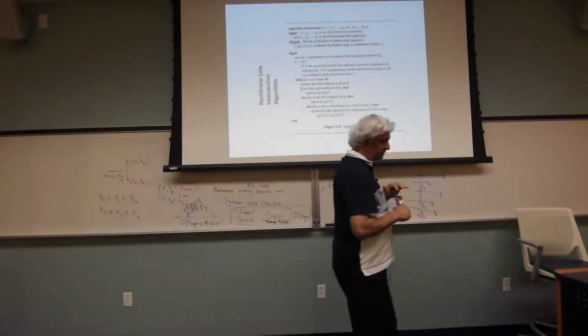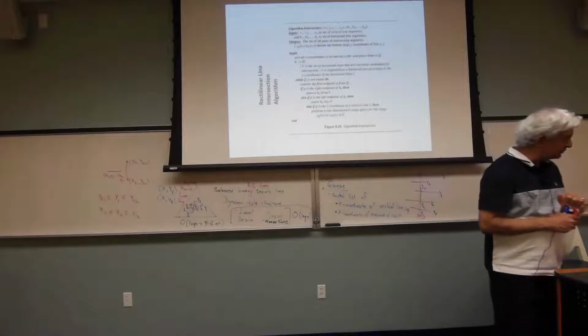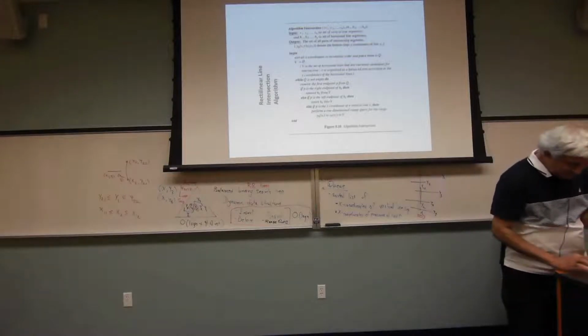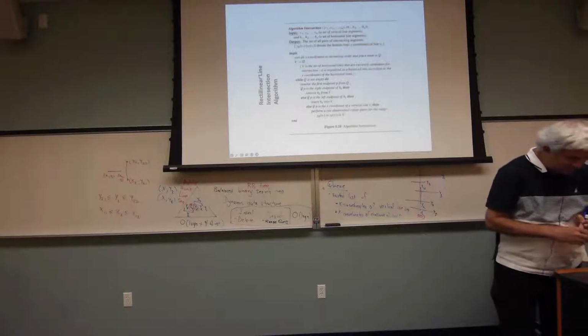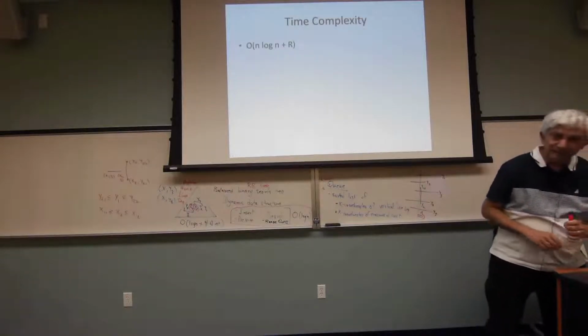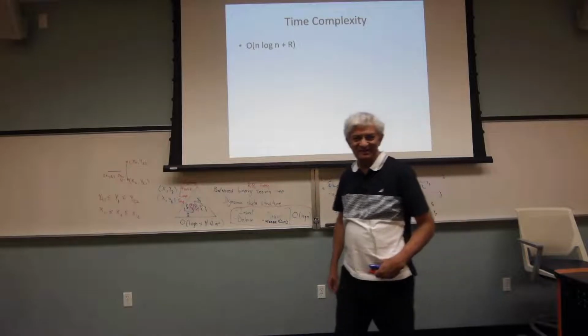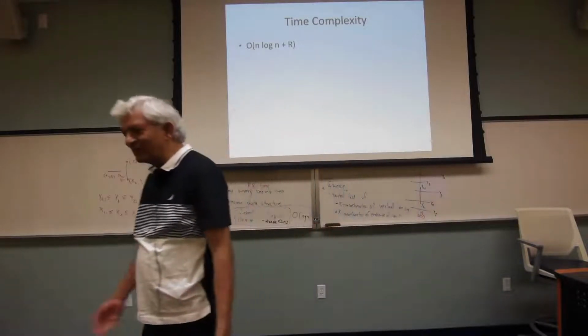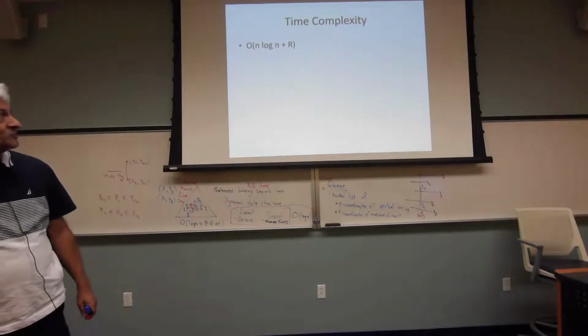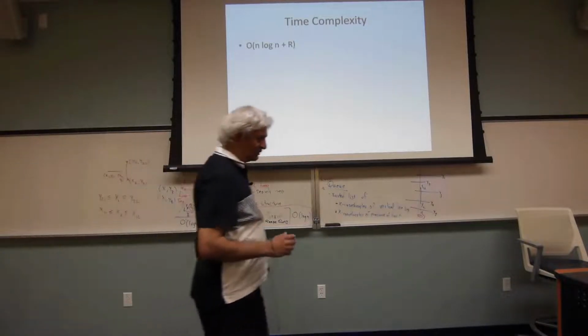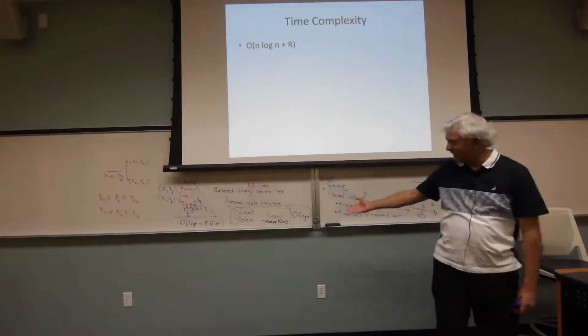The next variant of this problem makes life much more complicated. What do you think we do? How do we make this problem complicated? The lines are not horizontal. The lines are not horizontal or vertical. If they're not horizontal or vertical, what the heck are we going to do? Because you don't have